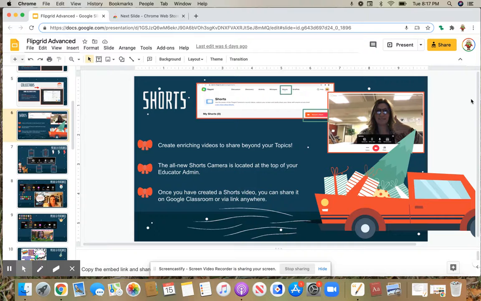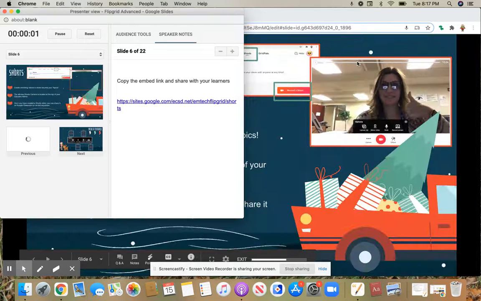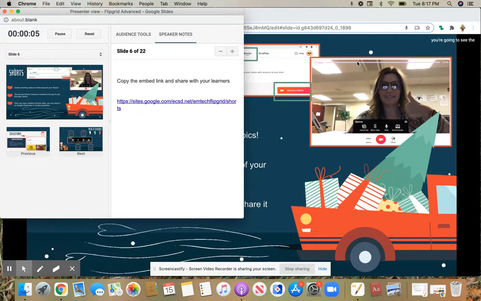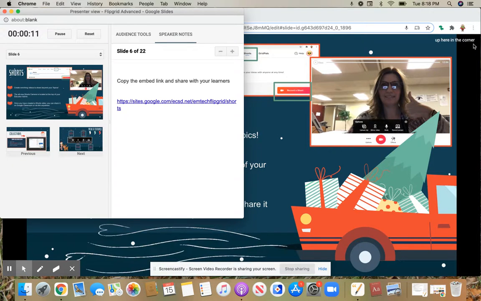So once I've got my next slide ready to go, I'm going to go into presenter view. So next to present, I'm going to go to the arrow, drop down, and click presenter view. Now, once I'm in presenter view, you're going to see that next slide is already working, because up here in this corner,